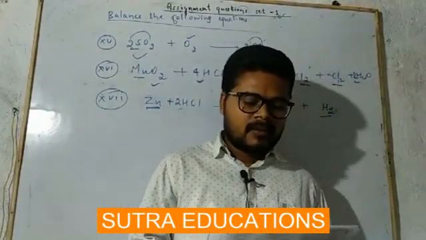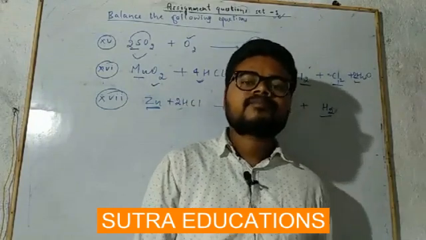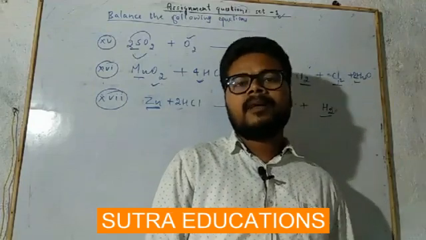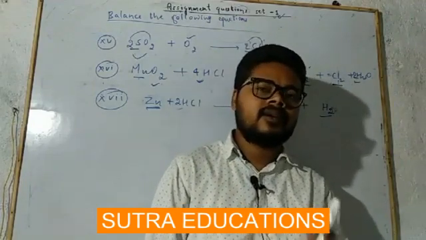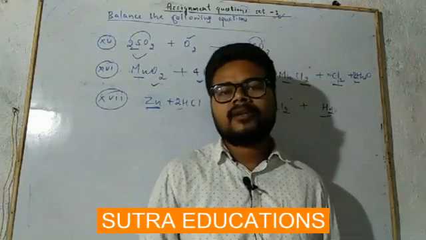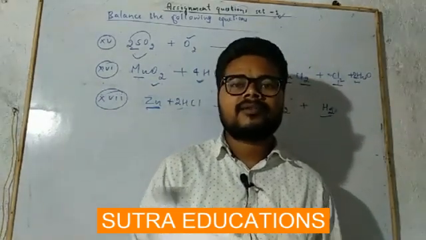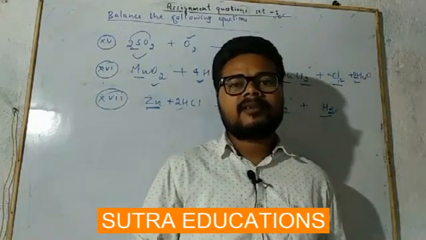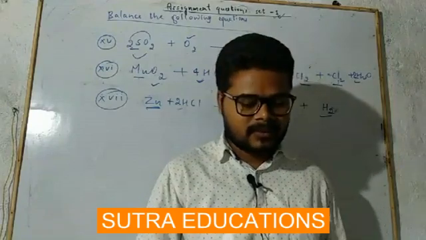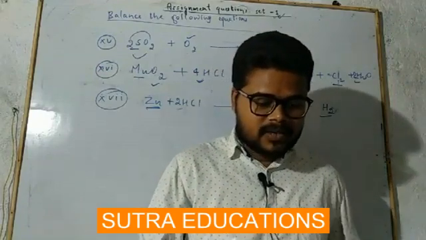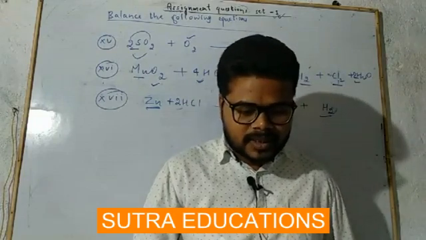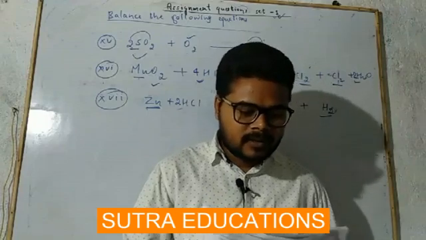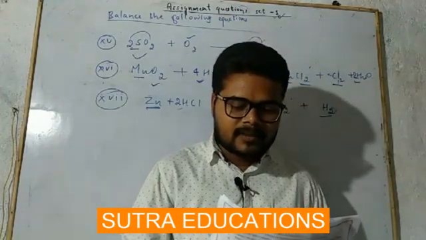Question 5, why are chemical equations balanced? To follow the law of conservation of mass. If a chemical reaction is not balanced, then the mass of reactants is not equal to the mass of products, and hence it is not following the law of conservation of mass. Question 6, what symbol is used to indicate a solution made in water? Aqueous, aq.